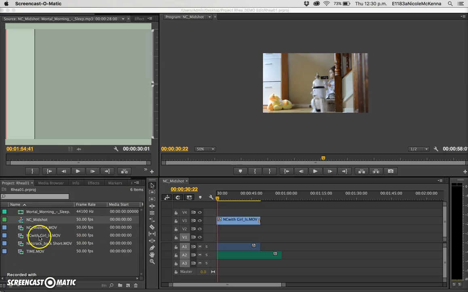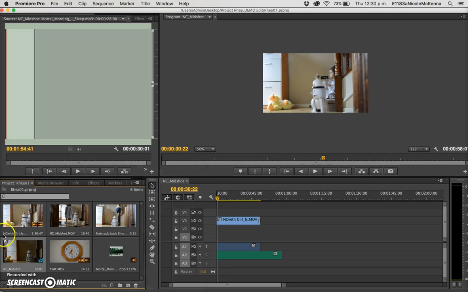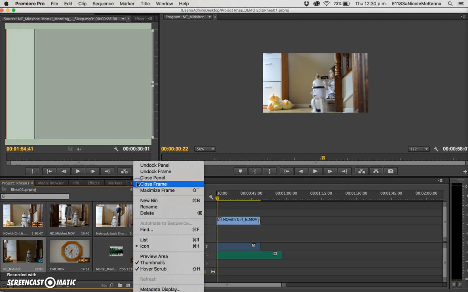Quick tip, just did this offline, so we'll do it online. If you don't like the list, you can change it to images by clicking on this little stripy bar and say icon. And I can see everyone took a note of that, so that's a really popular way of working. Okay,